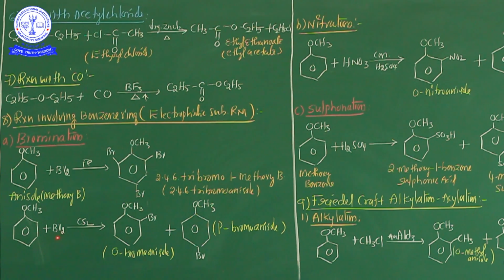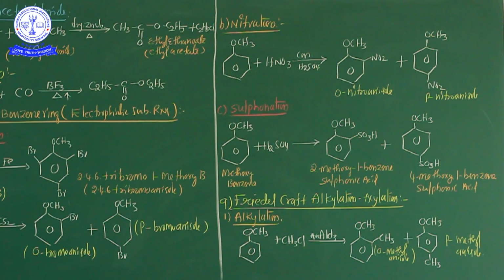But anisole treated with bromine in the presence of carbon disulfide is more important. However, when treated with bromine dissolved in carbon disulfide, anisole gives ortho and para bromoanisole. Two different products: ortho-bromoanisole as well as para-bromoanisole are formed. When bromine is treated with anisole in the presence of carbon disulfide, these are the products. This is the bromination process. Okay students, the bromination is already completed.